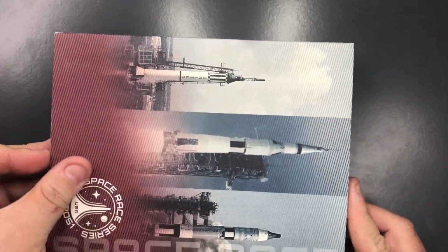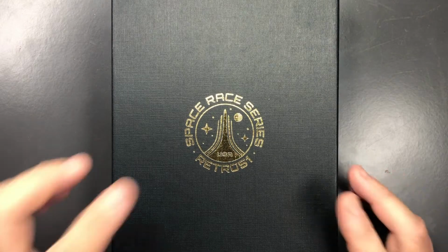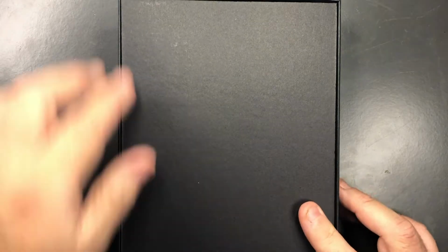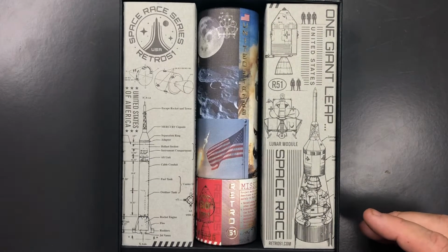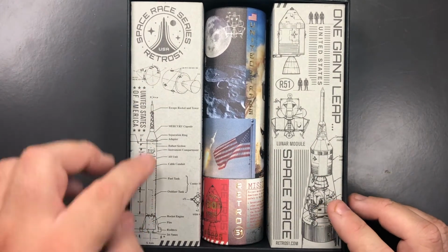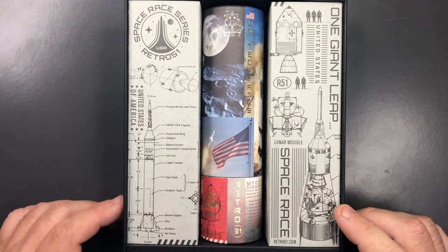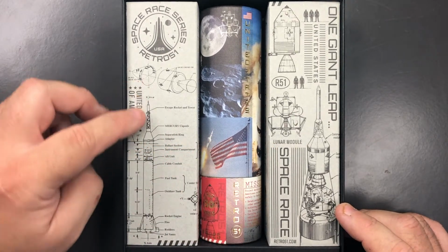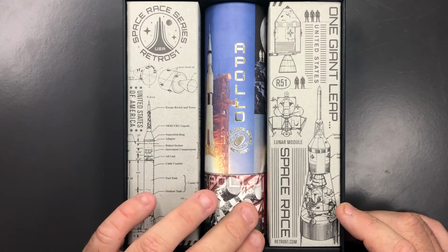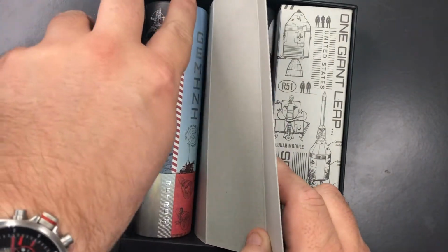So let's unbox this, because this is obviously what you want to see. So this is, as I said, the Space Race series, and if I lift the lid, you'll see here there's a piece of blank card, and then you have the 3 pens. So again, the attention to detail here on what they've done is actually quite amazing. So you've got the lunar module here, you've got the full rocket here, and then obviously you have the Apollo 11 there. So if I remove these one by one,